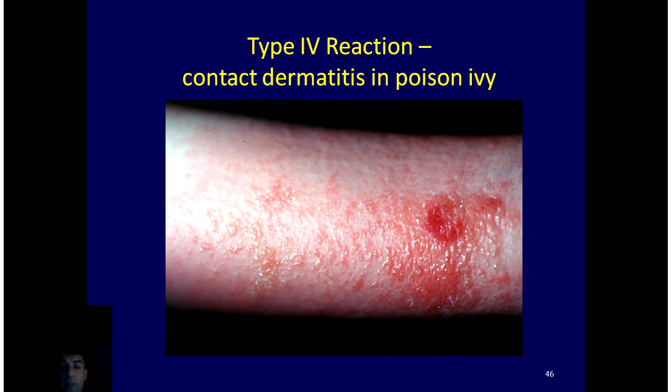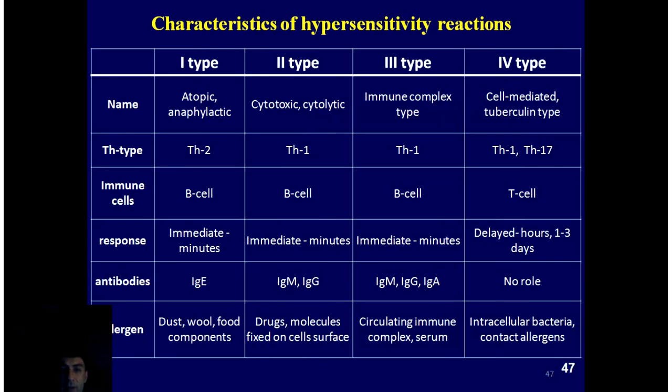The prototypical example is contact dermatitis, which happens in response to poison ivy. And here it is how it is usually presented, and we continue with a table which is divided into two slides,